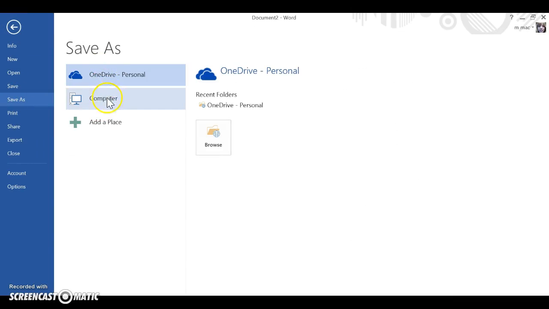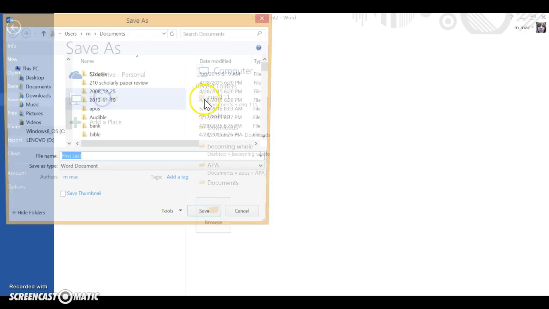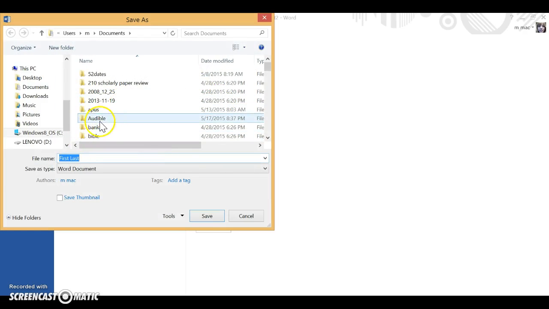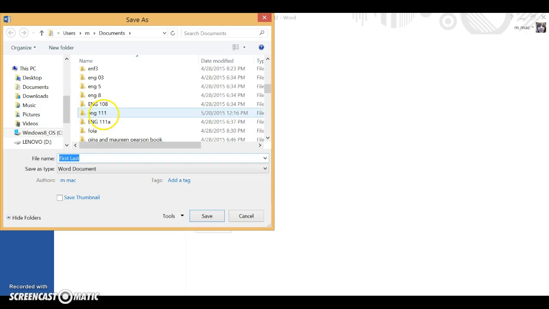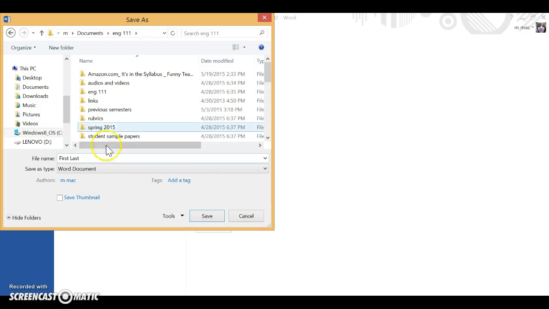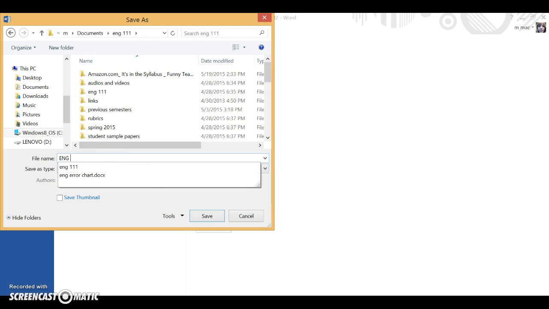I recommend that you save things on more than one computer. I recommend you use sources. You can use Google Cloud or Amazon Cloud as well, and save it on a thumb drive. The more places, I just recommend saving it more than once. Okay, I'm going to call this English 111 template,